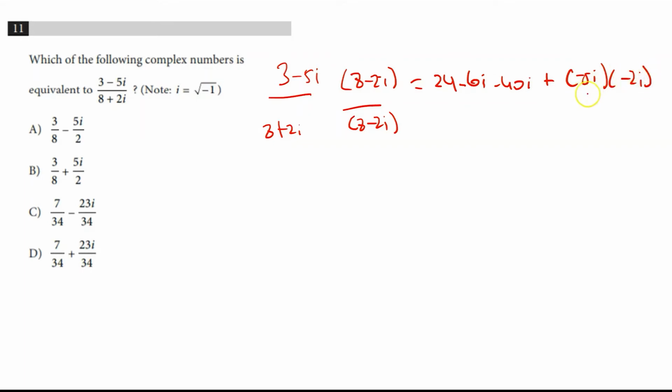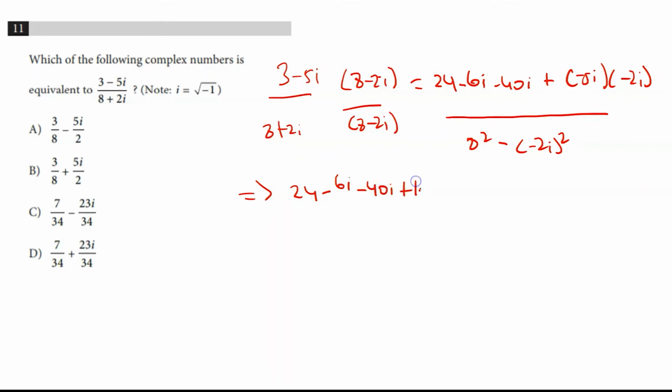But since we have i squared here, that equals negative 1. We'll worry about that later. And in the denominator, we have a difference of squares. So 8 squared minus quantity negative 2i squared. Simplifying this even more, we have 24 minus 6i minus 40i plus 10,